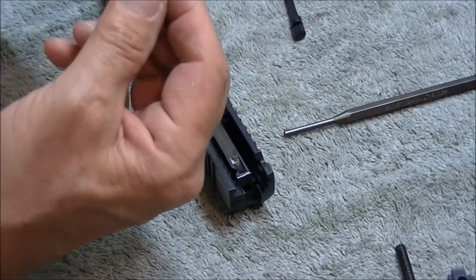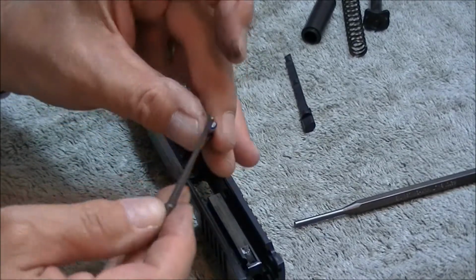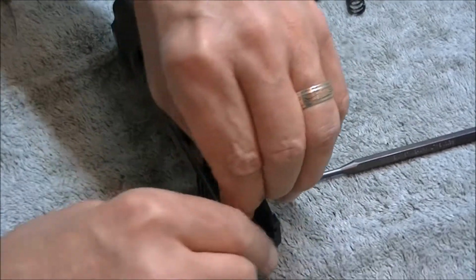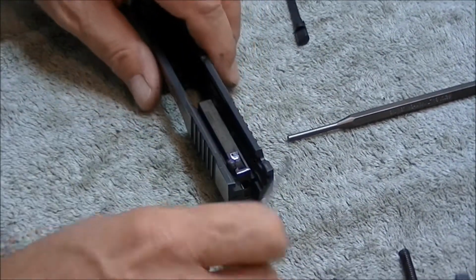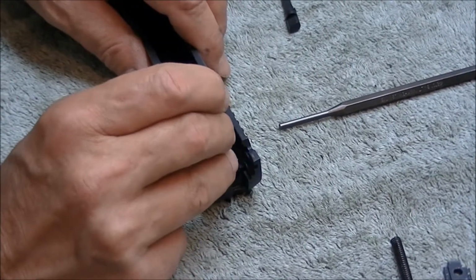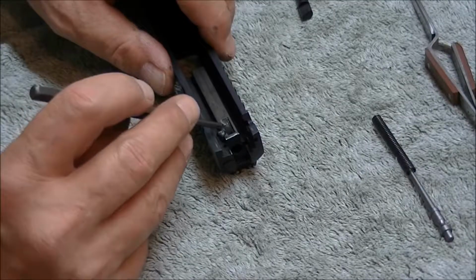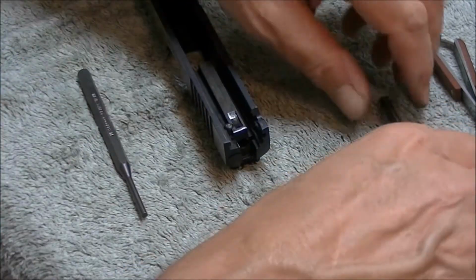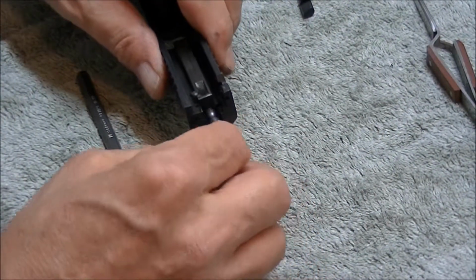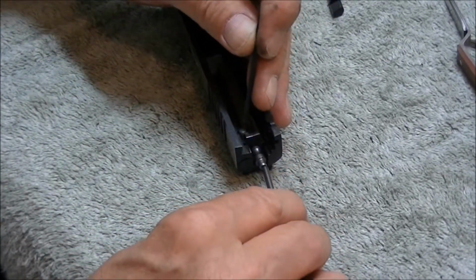Then we take the plunger, and it has an open side and a closed side. Open side goes towards the spring. Drop that in. And that will be able to be pressed nicely. Alrighty. So the plunger and the spring are in. Now we'll take the firing pin and its spring and insert them. Now we need to simultaneously push the plunger and the firing pin